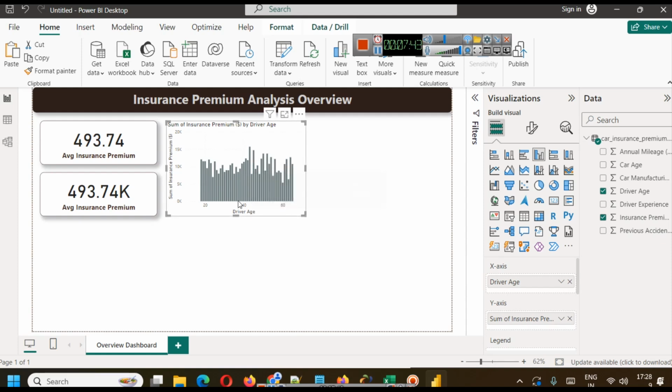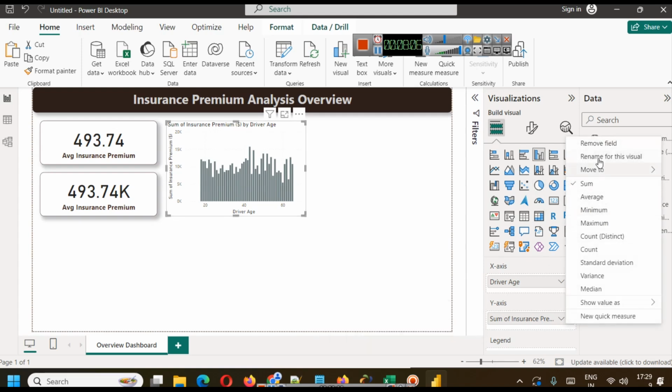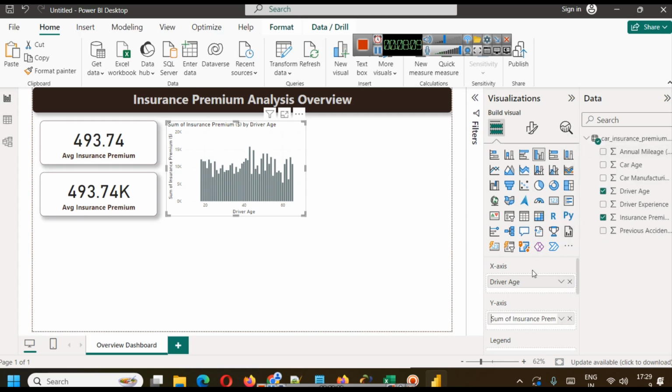So here you can see when driver age is 50, then the sum of premium is in the higher range. Okay, so when driver age is between 40 to 50, we can say in those cases we have some tall buildings here, and we also have some tall bars here when the driver age is around 60 to 65 mark. So this is sum of insurance premium by driver age. So we will simply rename it as total insurance premium